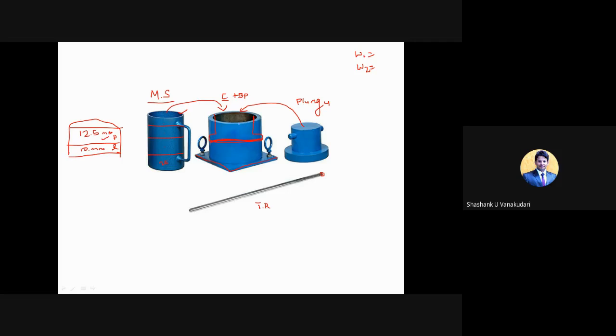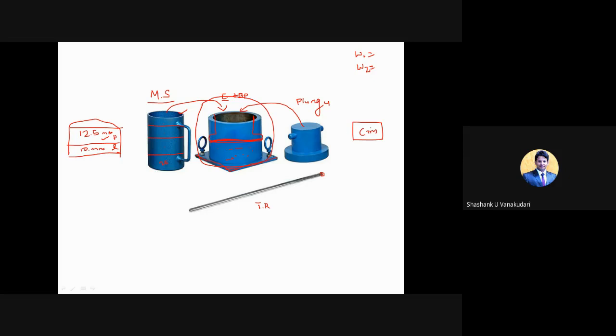Okay. So now what you need to do, this entire setup which consists of the base plate with cylinder, the aggregates present here, and the plunger you have placed on top, you need to place in the CTM machine, right? Compression testing machine which is there in your BMT lab. You have conducted so many tests on that, compression strength of brick, wooden cube, right? So in that testing machine we need to keep this entire setup.